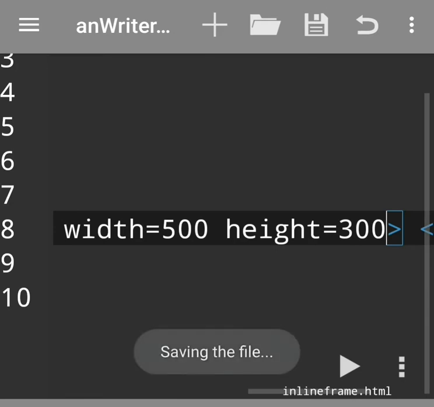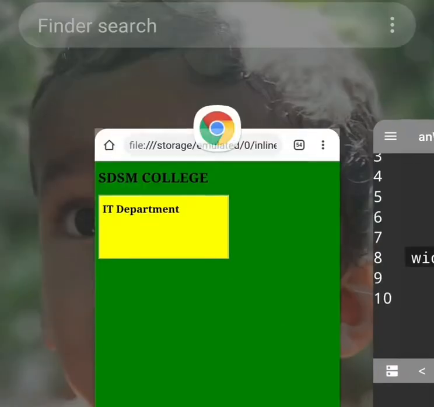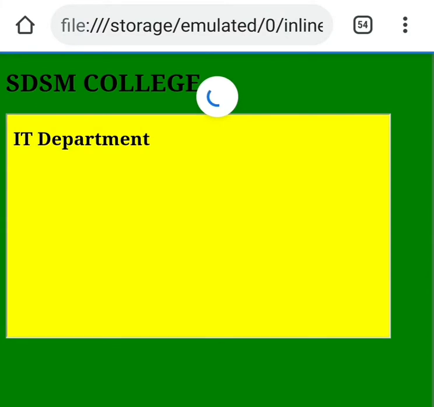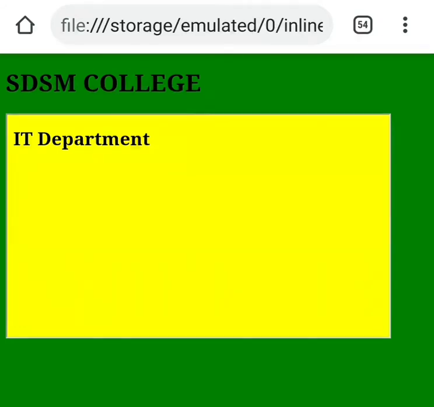Save your file and in the web browser refresh your page. See, the height and width of our inline frame is increased. So like this you can change the height and width of your inline frame.